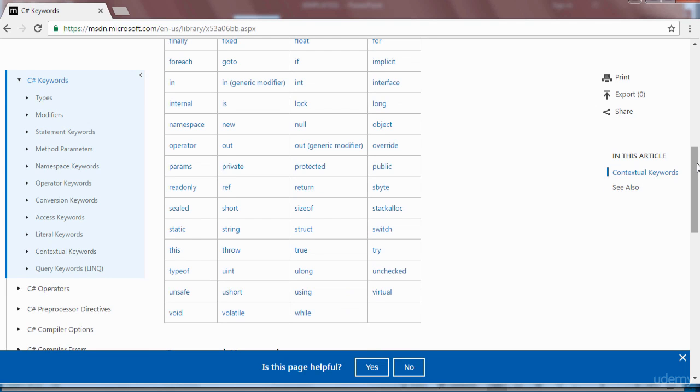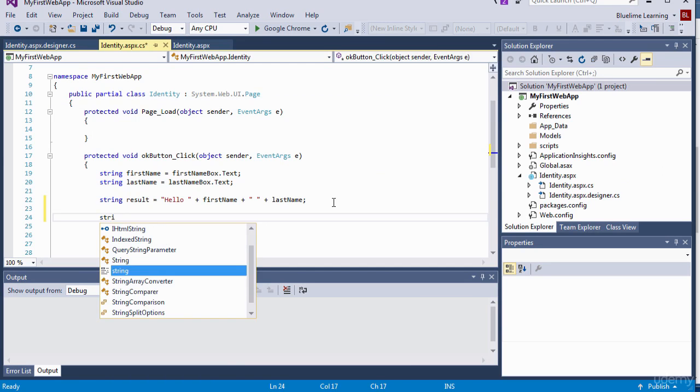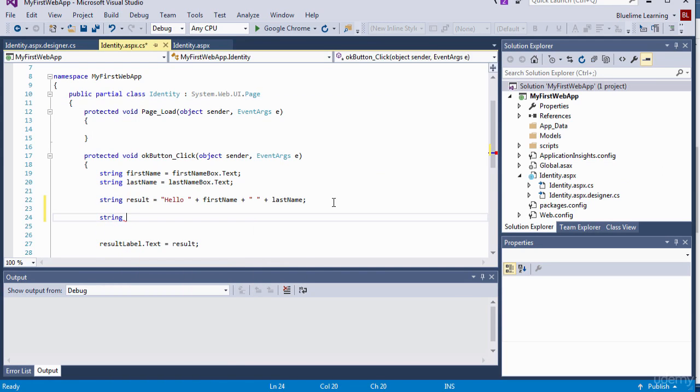All right. Let me open up the Visual Studio. Let's have a look and try and see if we can use a variable name that is not allowed. This is some of the code we've used before in creating our first app. Say I come here and I wanted to create another variable and I want it to be a string. So I type in string followed by the word